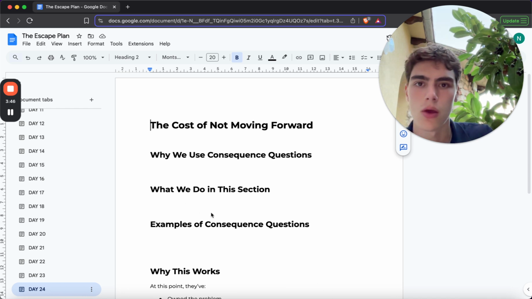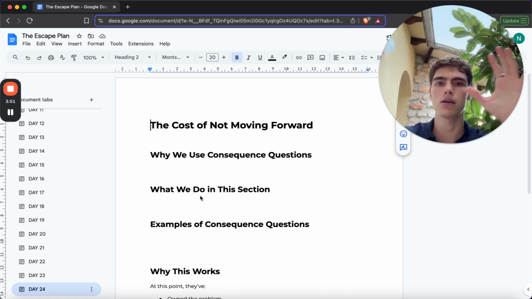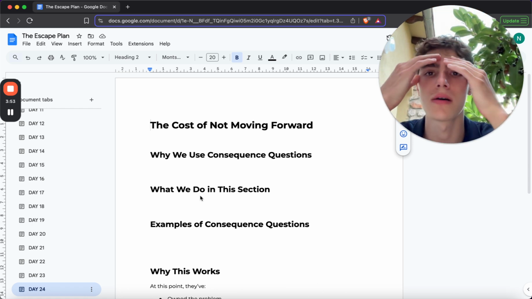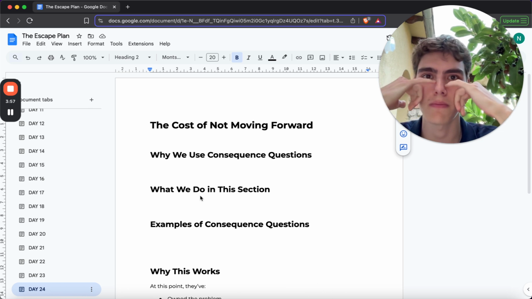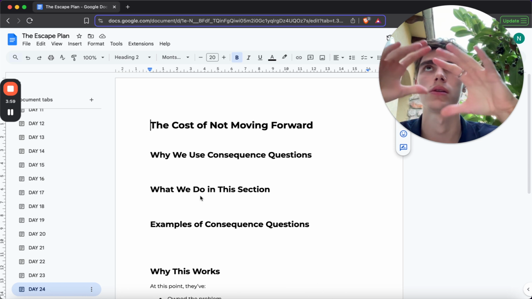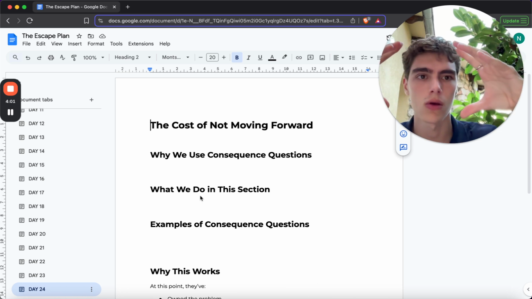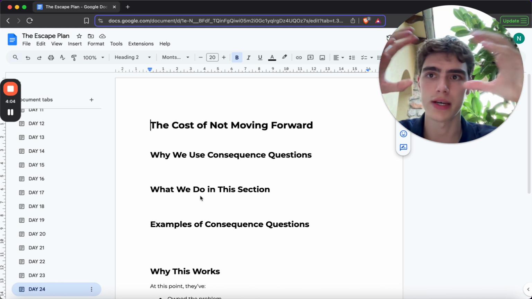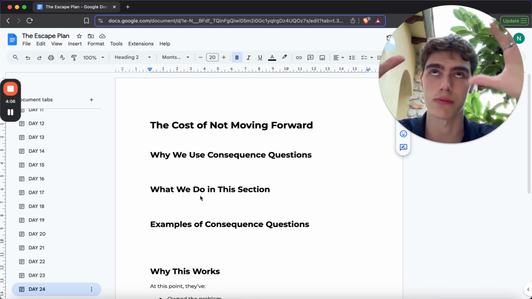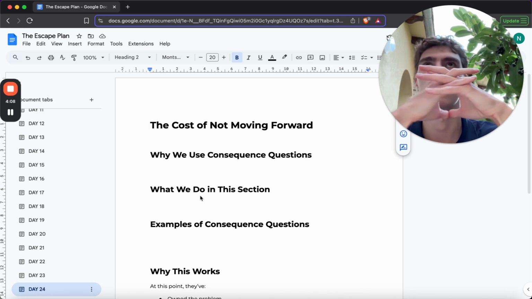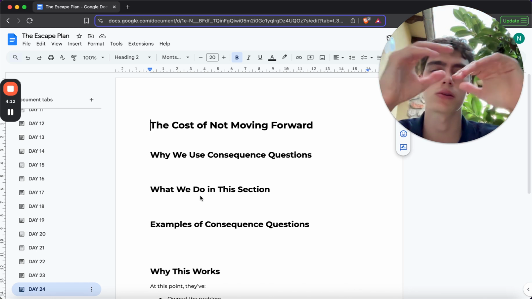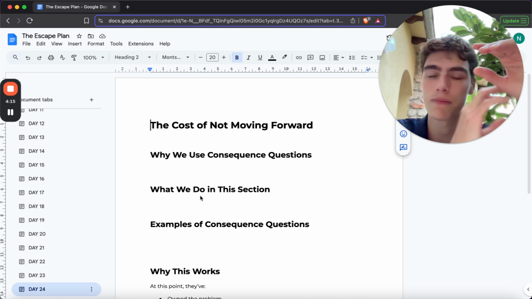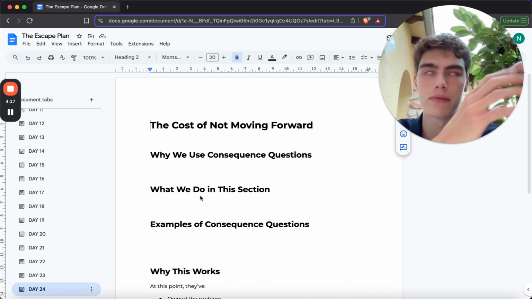So, what are we doing in this section? Take one of the problems they already told us about, and you say to them, okay, this is a great way to transition from the solution phase, so building that, painting that picture and building that future with them, into the consequence. So that's the top of the mountain. It's you achieving your desired goal, your desired state.